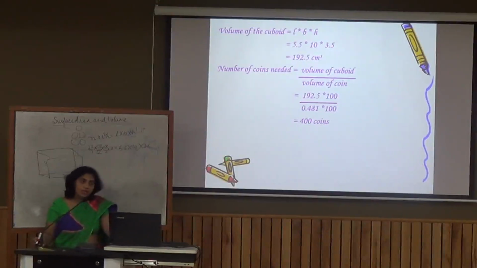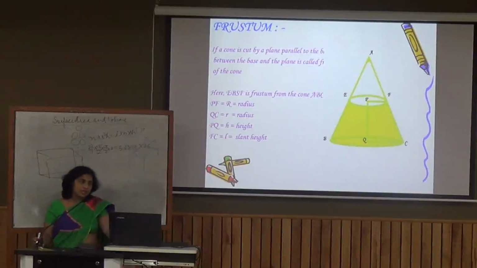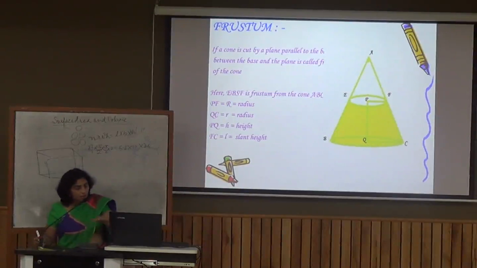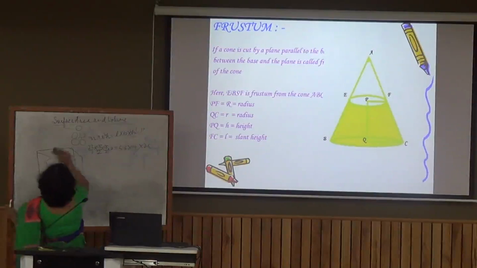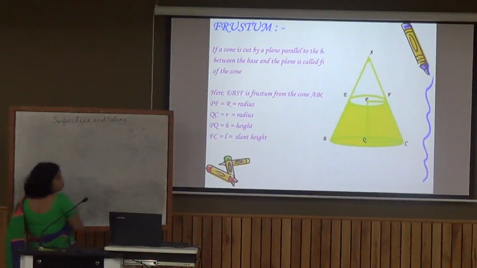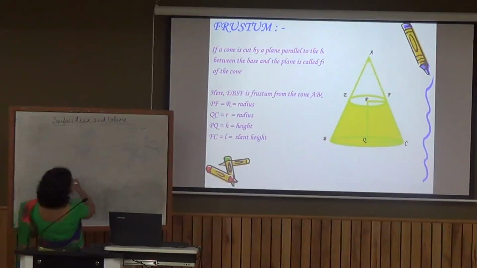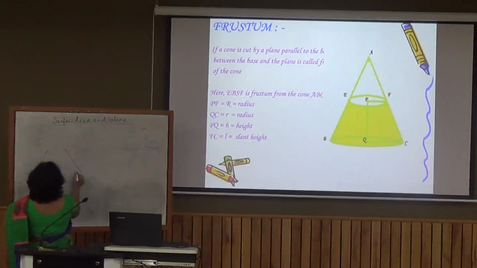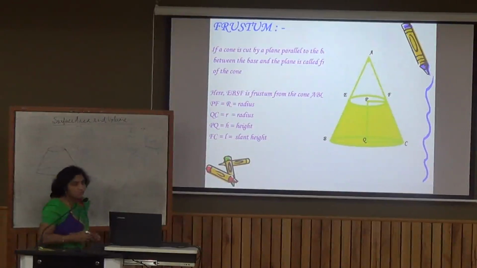Now we have already done cone in our class 9. Now what happens if we cut the cone from anywhere through a plane at right angle to its axis? So if a cone is cut parallel to the base and right angle to the axis, we get the shape remained as frustum. Frustum means the part. So we are studying here the frustum of cone. This is the part of cone which we are going to study here.